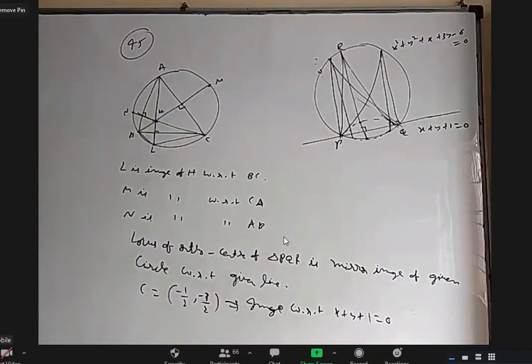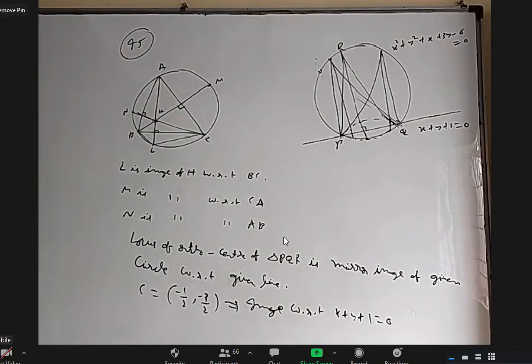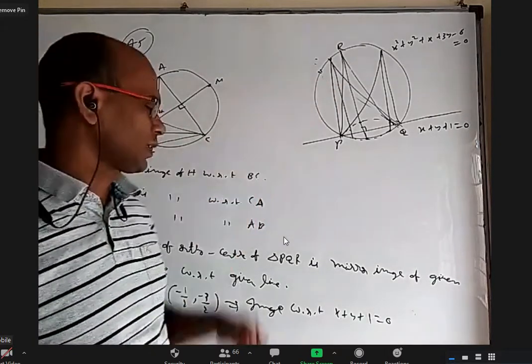We have the formula for the image: h minus x1 by a, k minus y1 by b, and all. Right up to here, then I'll continue. Find the new center and the radius, and then we'll do it.